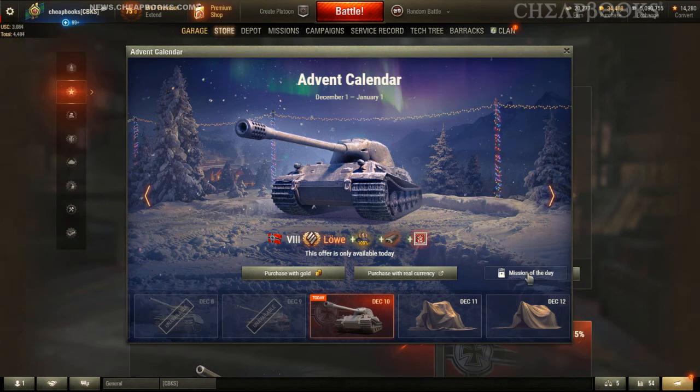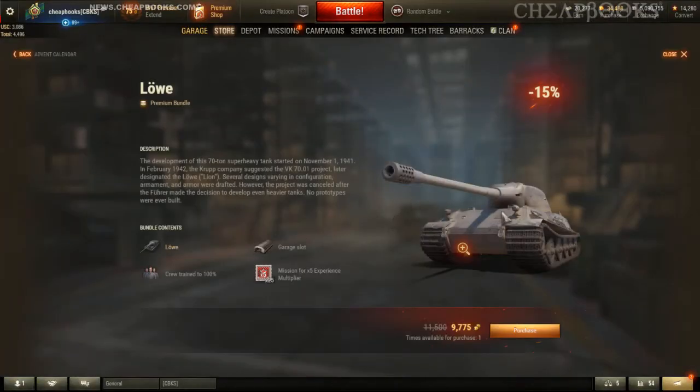Don't forget to click on the mission of the day. So this is a vehicle that I purchased around 7 years ago. I played a lot of games with it. You can see that the price is 9,775. I was never a big fan of it. The big weakness about this vehicle is that it is very slow. The engine power is very slow. If you get in a valley and you have to climb a hill, it's going to take you a long